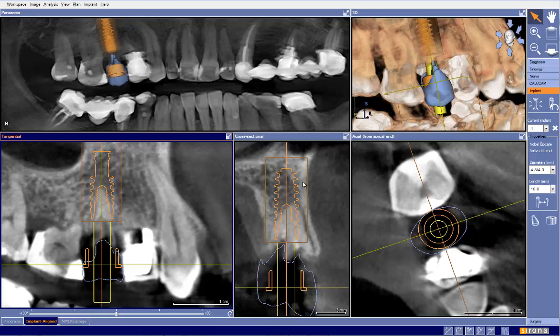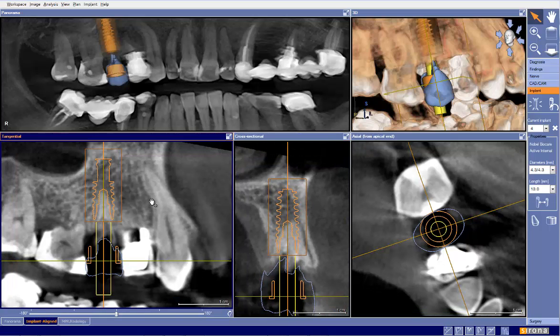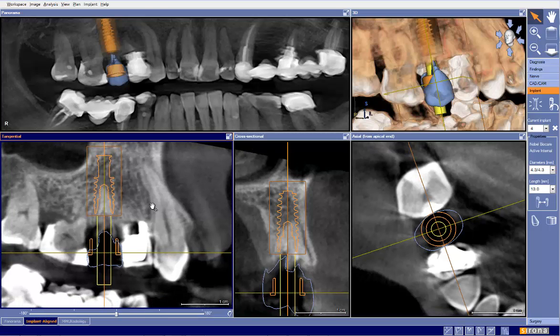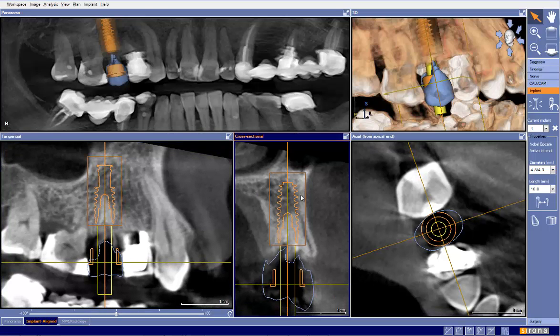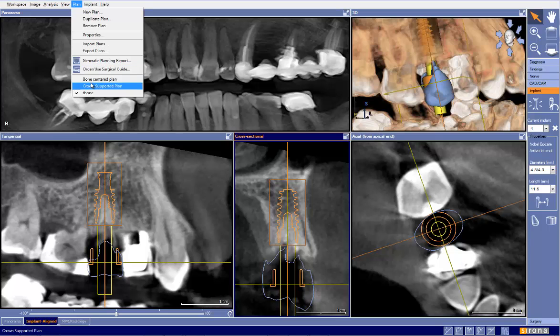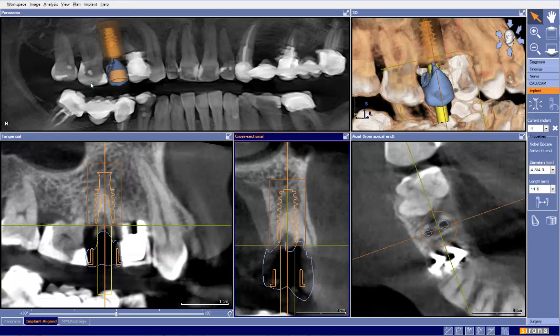My guess would be this would be sized to a 3.0 drill, and then the implant would be placed using the expanding condensing properties of the Noble Active implant. We'll get quite a bit of stability here. If we wanted to, you could even consider going to an 11.5 millimeter implant with no issue whatsoever. So great case, and if we want to compare it to the plans that were sent to me,